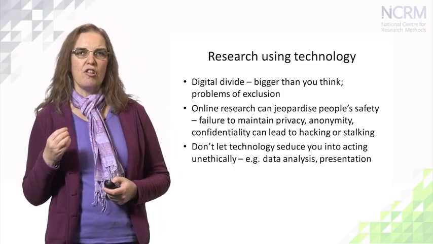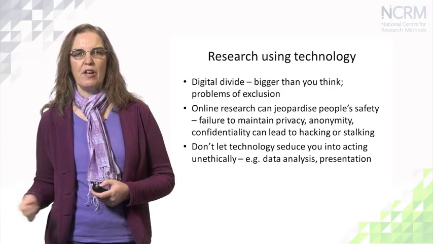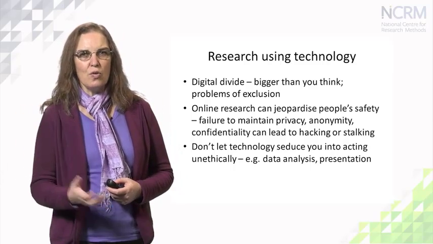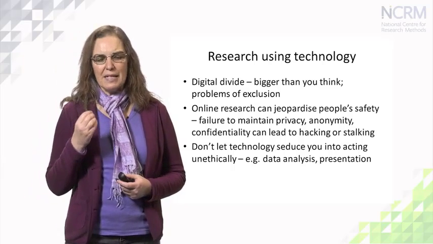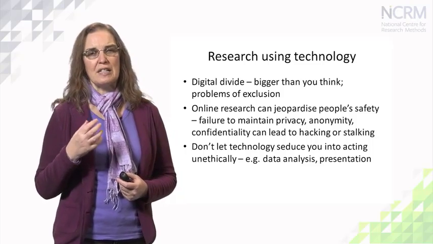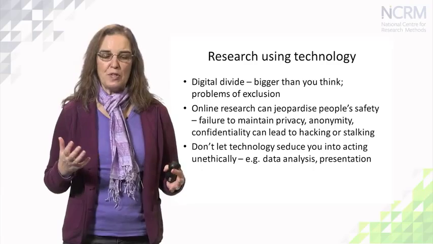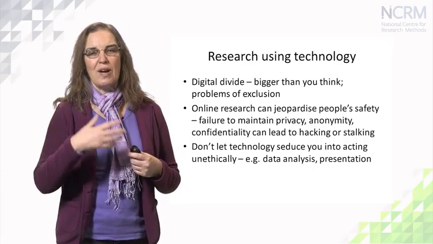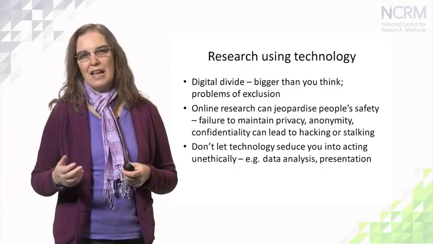Also, doing research online, perhaps using social media or other forms of contacting people online, you need to be aware of ways that that can cause participants to become unsafe. It's harder to maintain privacy and anonymity online. You need to understand how people's identity can be tracked online. You may be, for example, doing research using Facebook. Your participants may give you permission to access their Facebook pages. They may friend you on Facebook so that you can collect your data.